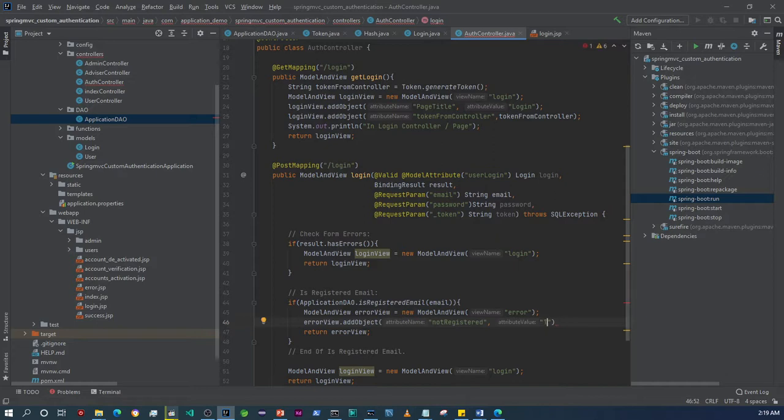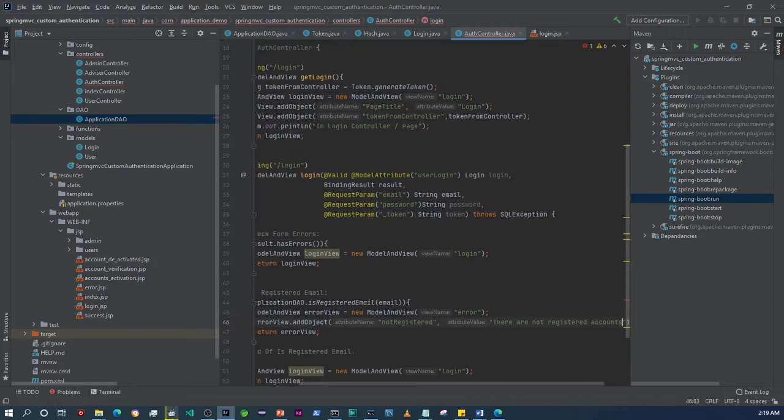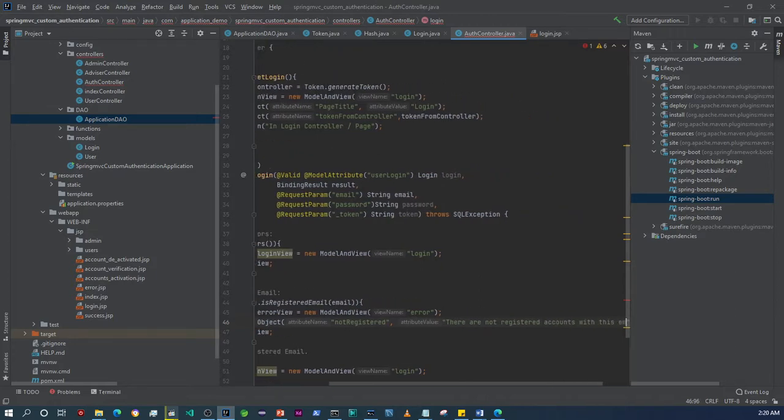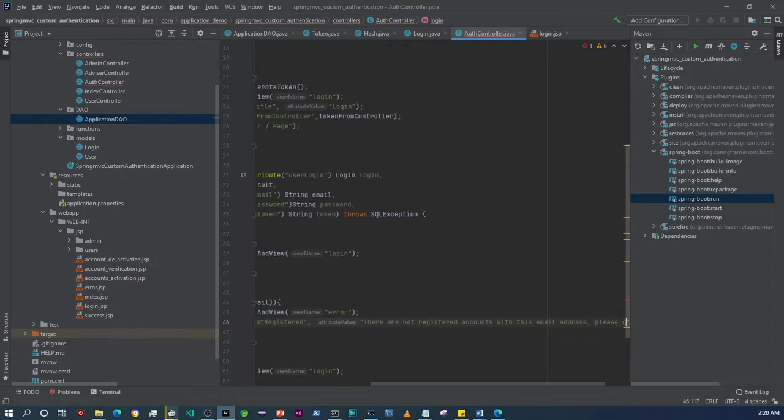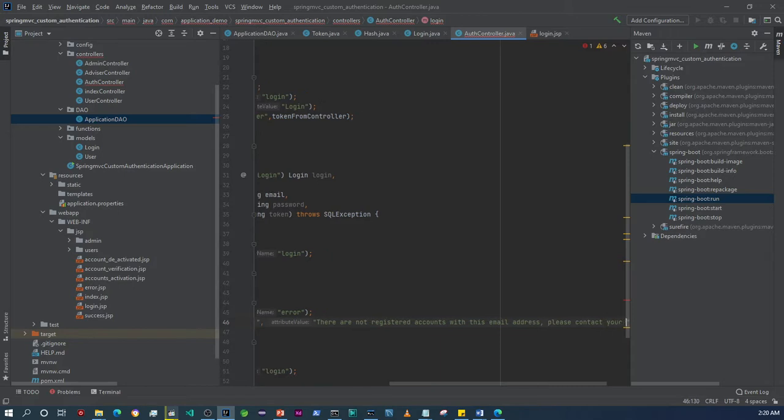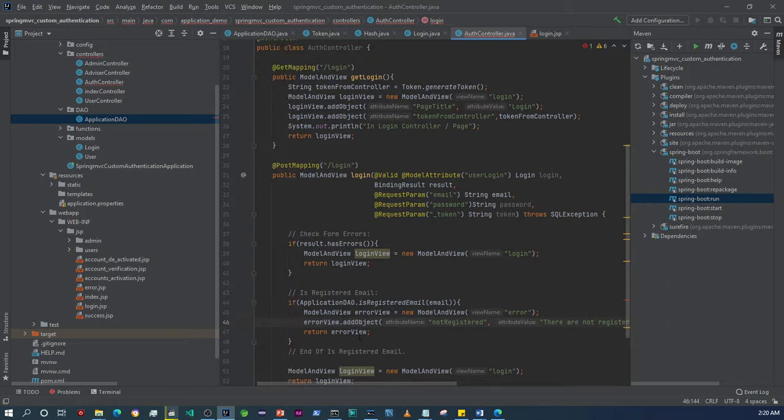I'll just give it a message there. I'll say they are, please contact your administrator. I'll just put an exclamation mark there. Okay, so now that we've set up this view over here to display the error,